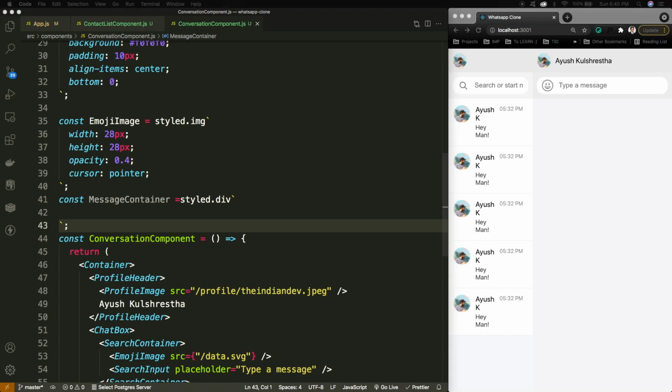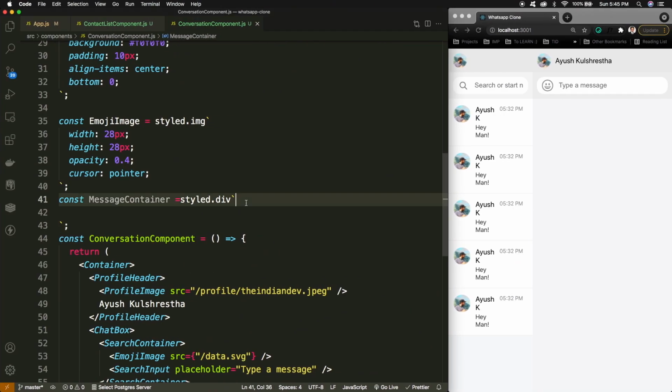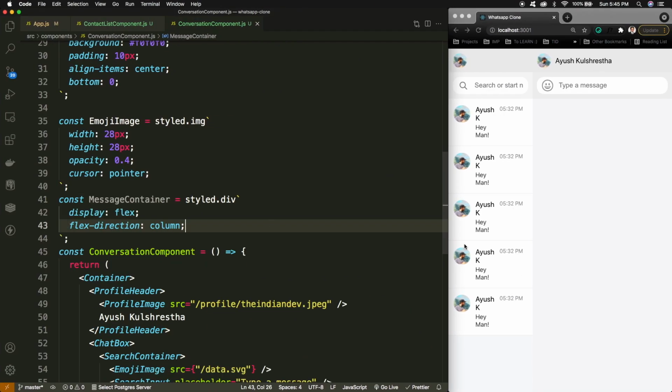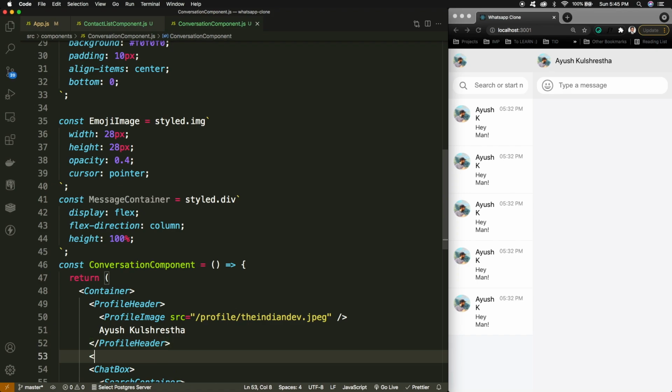Inside this message container the data is in a column manner, so I'll define it as display flex, and the flex direction is column. I'll occupy the complete height, the remaining height, with the message container, so I can keep it in between the chat box and the profile header.